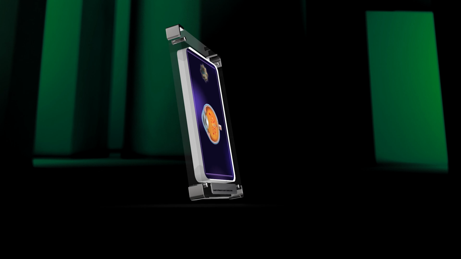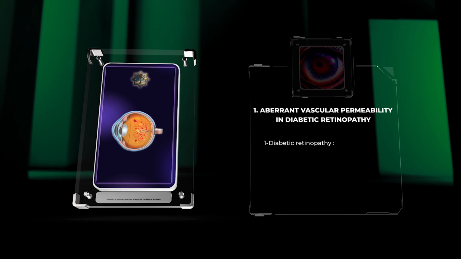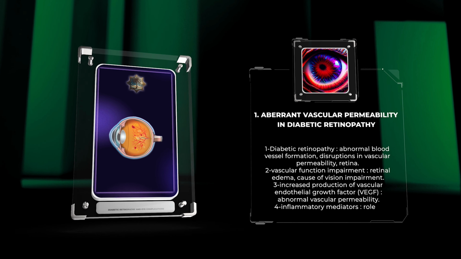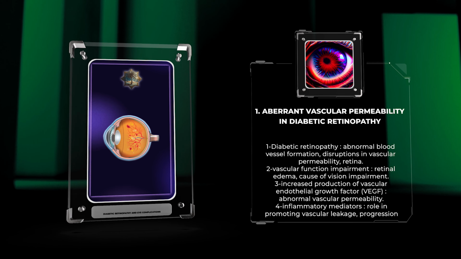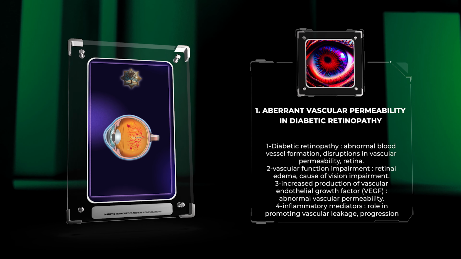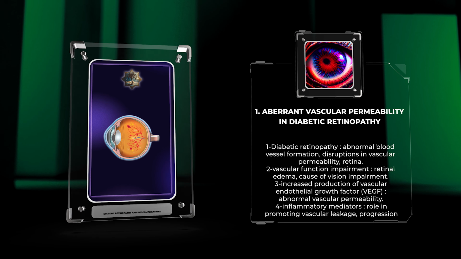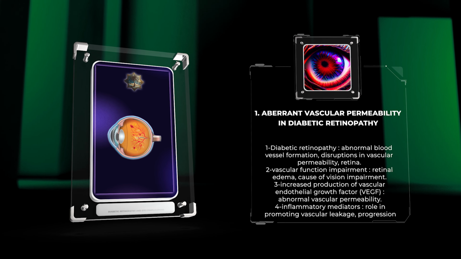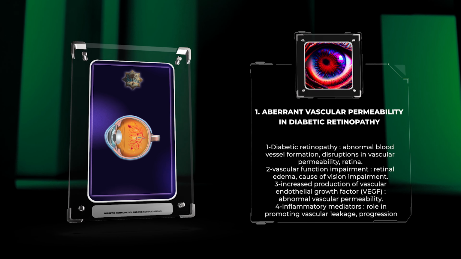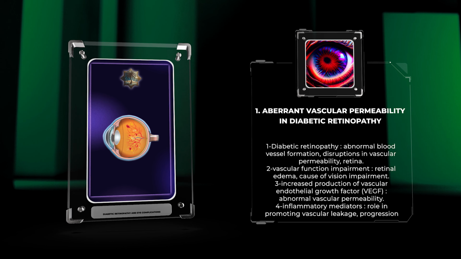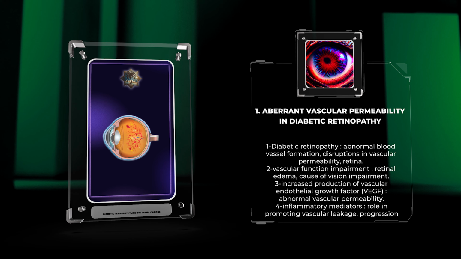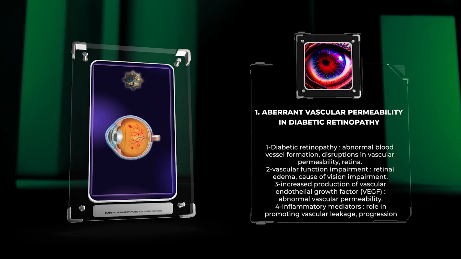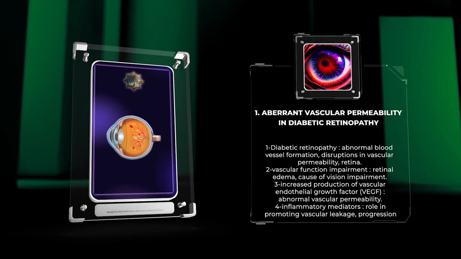Diabetic retinopathy is characterized by abnormal blood vessel formation and disruptions in vascular permeability within the retina. This impairment in vascular function is linked to the development of retinal edema, a major cause of vision impairment in diabetic patients. The increased production of vascular endothelial growth factor, VEGF, by retinal cells is thought to be a key driver of abnormal vascular permeability. Additionally, inflammatory mediators such as cytokines and chemokines play a crucial role in promoting vascular leakage and exacerbating the progression